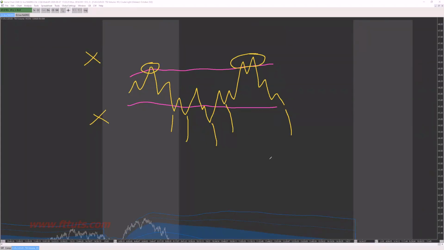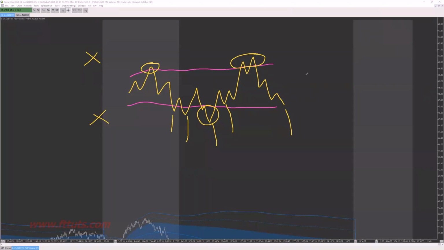2 ways of accessing a trade. 1, we fade extremes if we're rotational. That is, we're balancing within, for the most part, not perfectly, right? Obviously, we went outside of developing value here. We can probe outside, but as long as we keep coming back in, we are rotational, and our job is to fade extremes if narrative tells us there's opportunity that we need to be deploying that tactic.